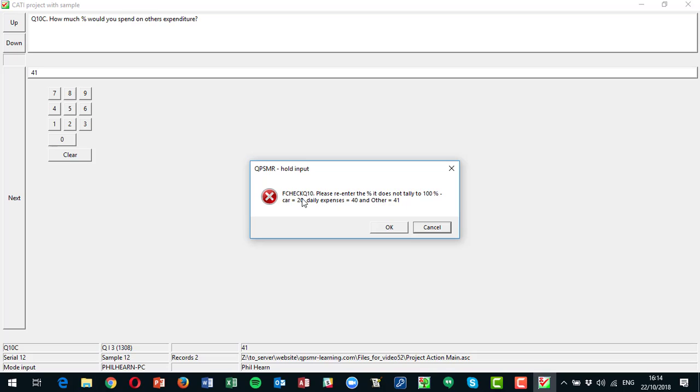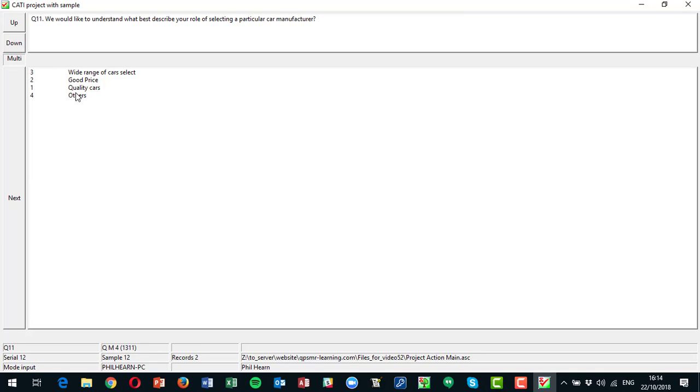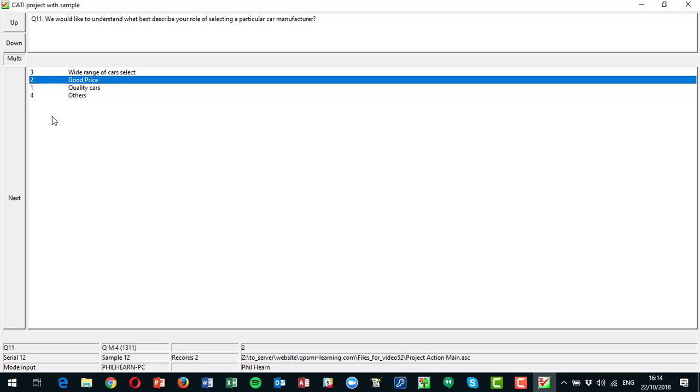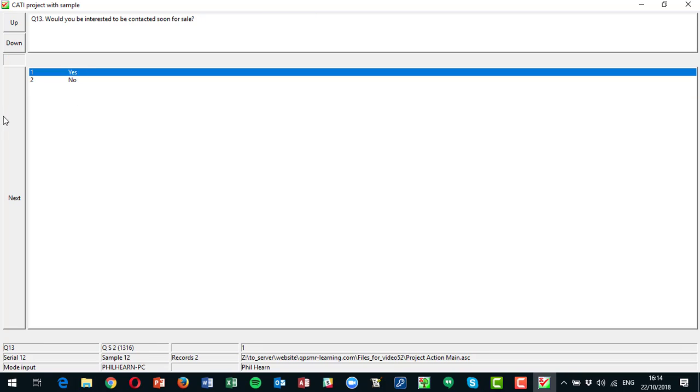And you can see I get an error message here so that it's clear to the interviewer that it should add to 100%, but we've got 20, 40 and 41. I click OK. I can choose to ignore that warning. I'm going to say no. I'm going to correct it to 40, and I should be able to proceed now on to the next question. This one's a multi again with the answers randomized. So as I read those out,